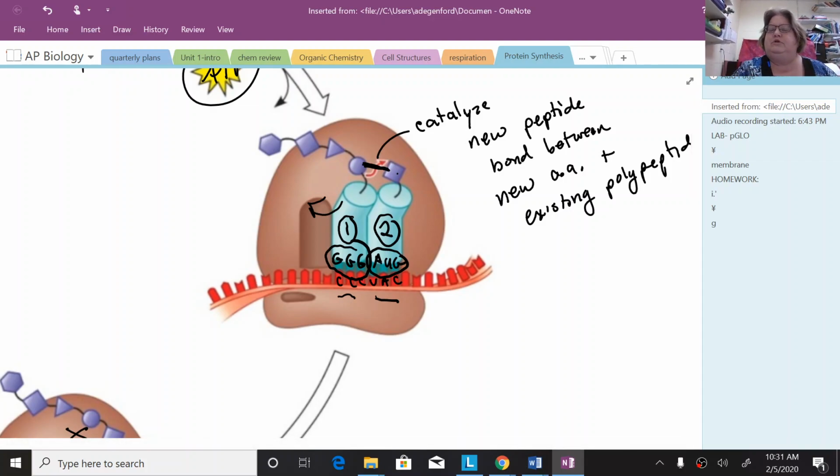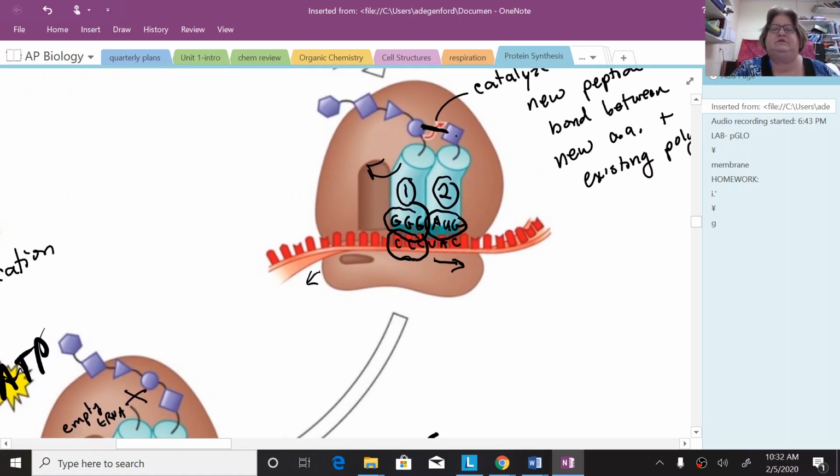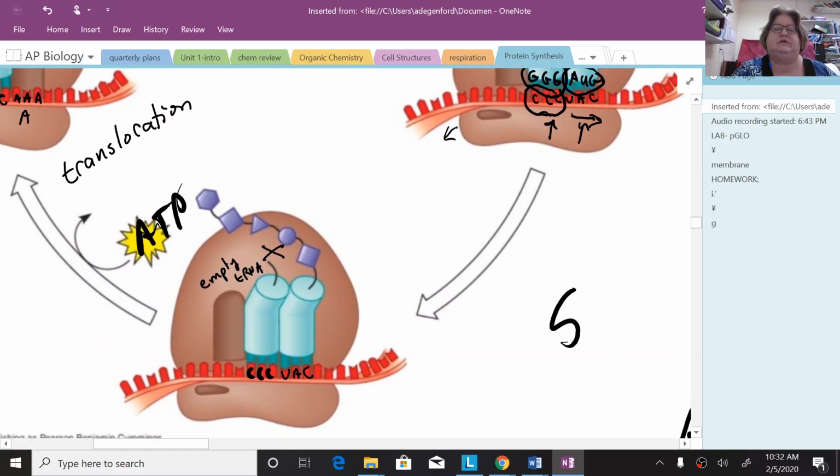Now, if you were to use the chart to find your amino acid, make sure you remember that we're going to use the codon chart, not an anticodon chart. You're always using the codon for that. Okay, so once this peptide bond has been made, this whole system can shift down the mRNA strand. So we're going to see the ribosome move to the right, or you can think of the mRNA moving to the left. And so watch what happens to our codons here, and watch where they're going to be,